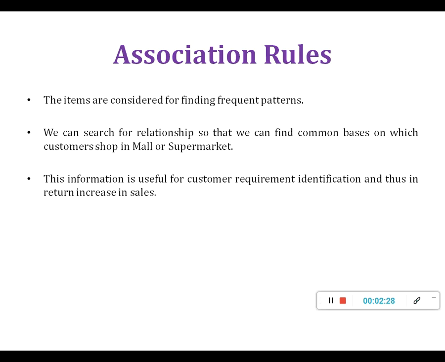These are the things which are used for daily analysis also, and we can use them for many transactions like credit card and debit card transactions. By looking at that, we can come to know the behavior of the customer while purchasing any particular thing, the frequency of purchasing the items, and in which sequence they are purchasing. That is very important. All this we analyze in a particular manner, and that is called association rules.